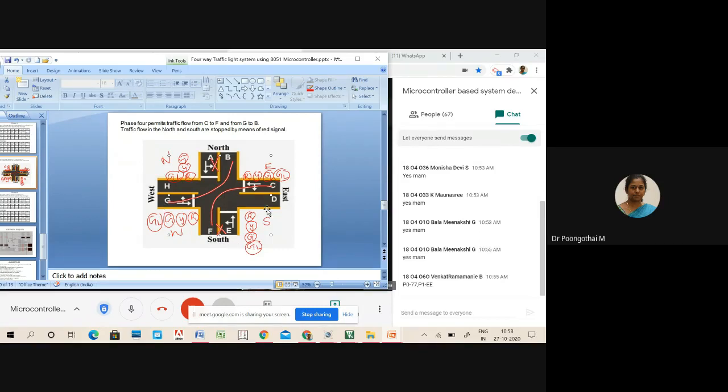And to enable the traffic, you have to turn on east green left, similarly west green left. What is the value for phase 4?